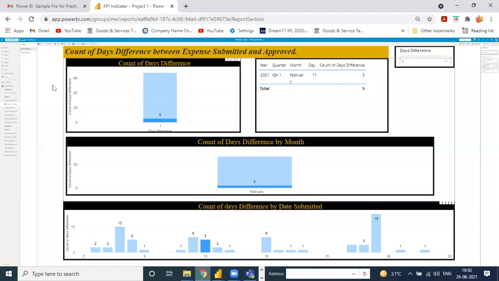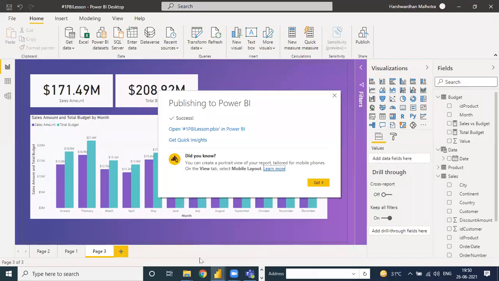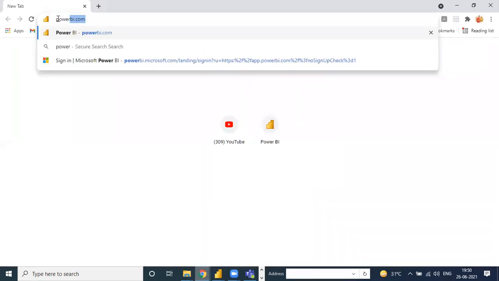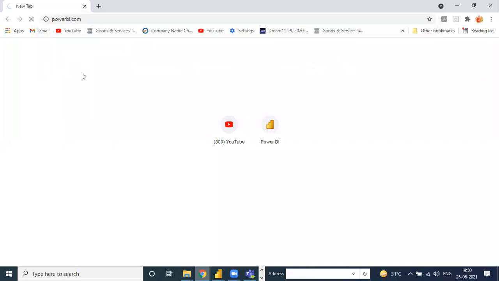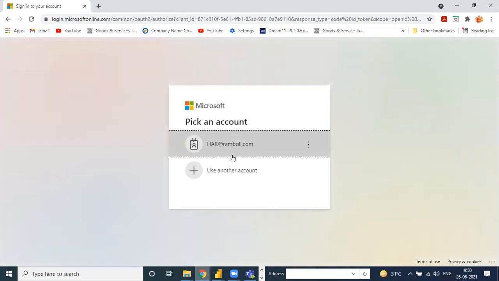And now I am going to open Power BI again. powerbi.com is the web page name. You can only log in with your user ID and password. Go to Google.